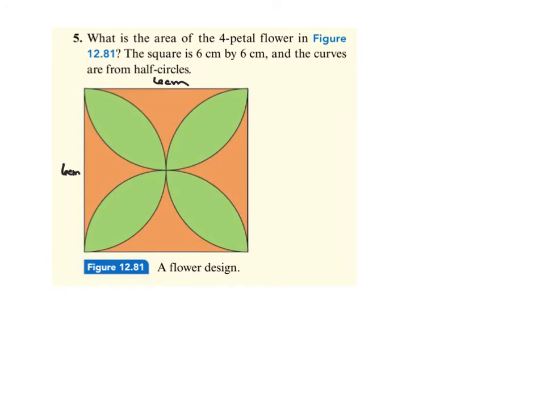In this practice question, it asks what's the area of the 4-petal flower in the figure below. The square is 6 centimeters by 6 centimeters, and the curves are formed from half circles. So that means the half circles each have a diameter of 6 centimeters, if that is the side length of the square. So in order to find these petals, the green pieces, we're going to have to